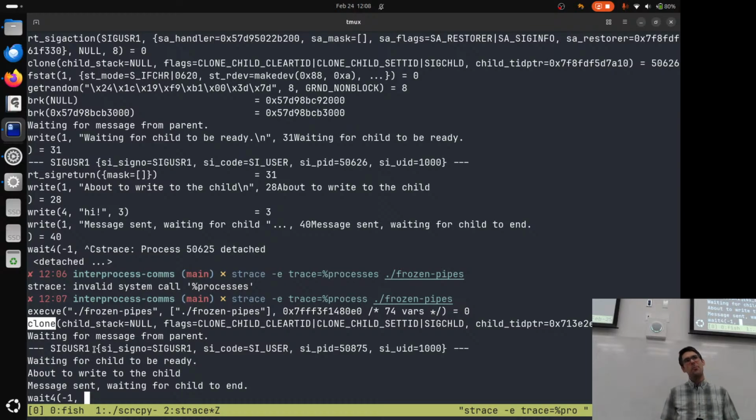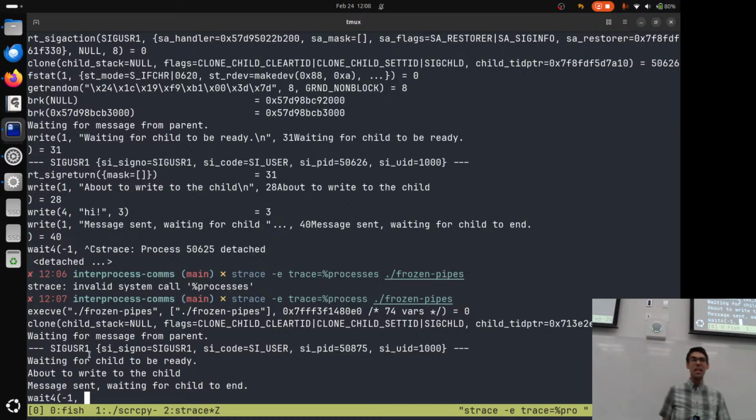On Linux, we don't actually have a fork system call. When we call fork, we're actually calling the clone system call underneath. What we get back from clone is the process ID of the child process that we launched.